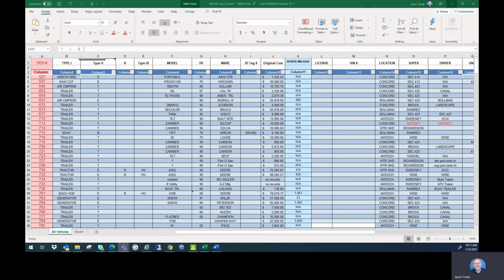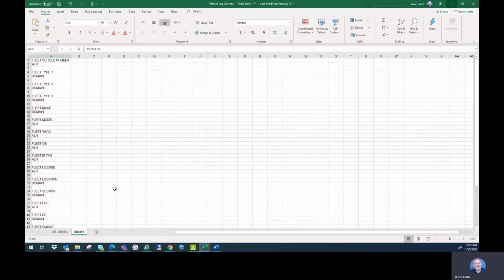So from this spreadsheet, I first start designing and deciding which of these columns need to make it to my specification. And in this case, I've already looked at this data and I've decided some of this will make the specification and some of it will not. And I've created another tab for this to kind of keep track of what I'm going to create. So I basically say what the specification